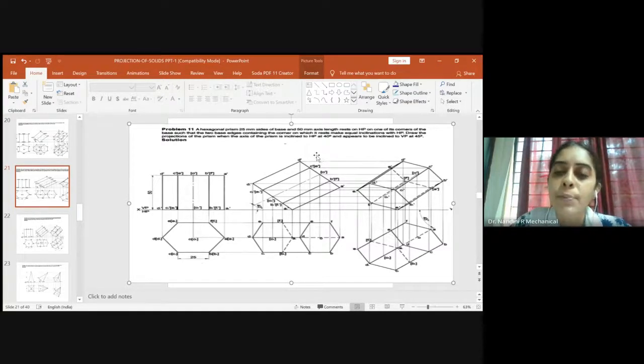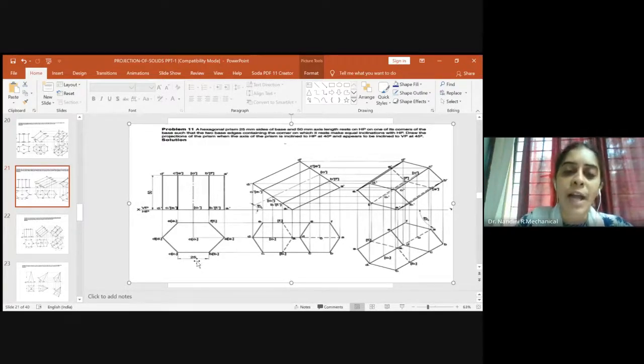Before leaving the problem, kindly see that you have named the XY line, you have shown VP and HP, and you have to show the dimension, at least for a single side of the hexagonal prism, when you draw the top view. If you have forgotten to show the dimensions, kindly write them. Let the arrows be neatly and specifically drawn as per the standards taught to you right from the beginning. Don't leave anything. Each and every naming will carry marks.